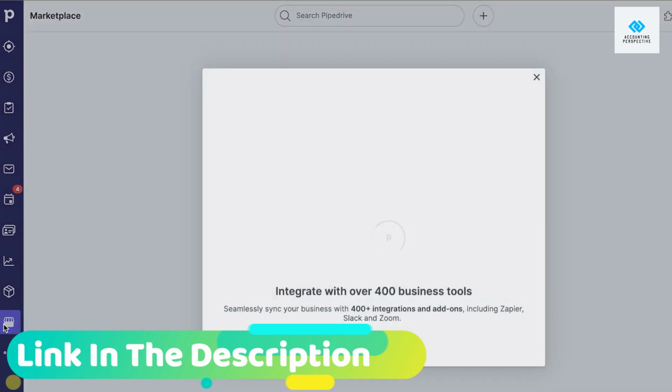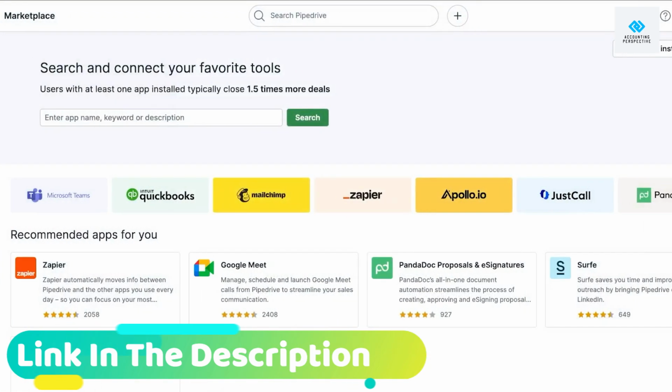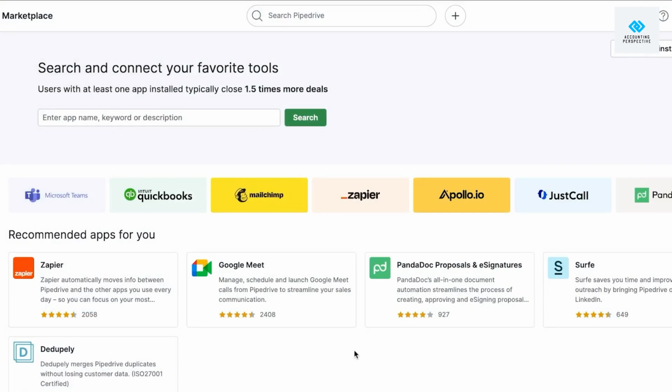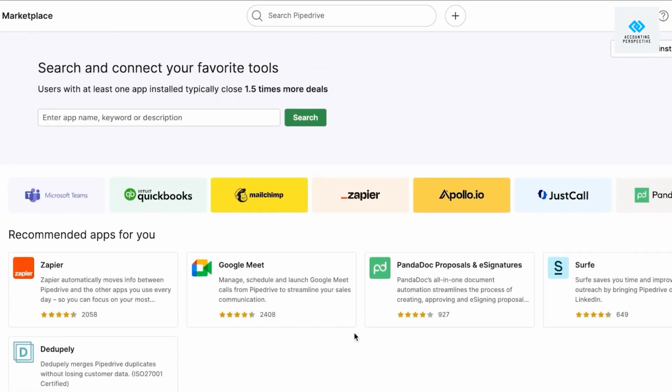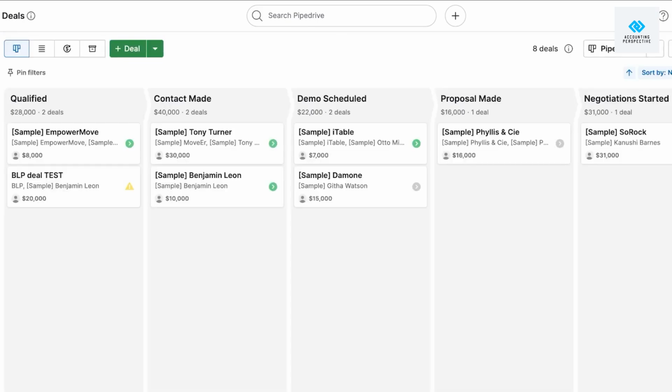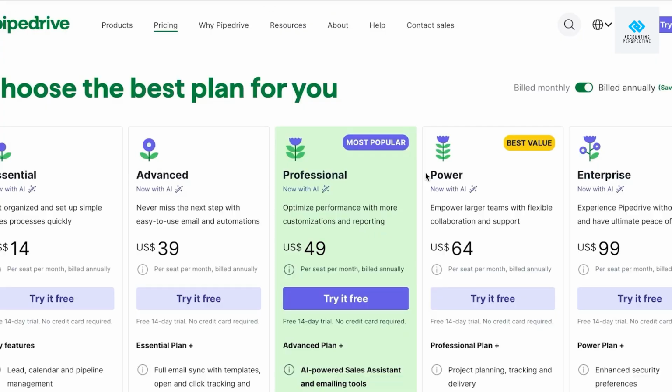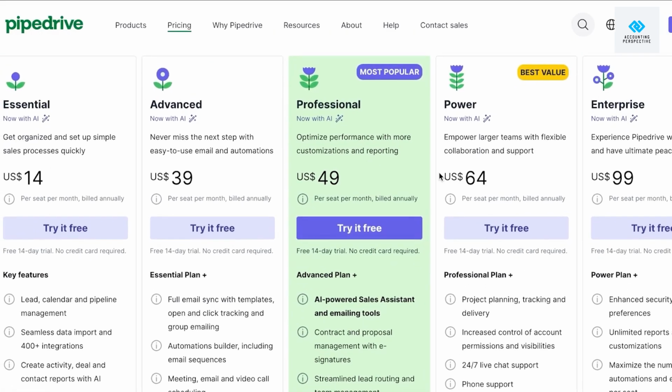And then at the last, we have the marketplace on Pipedrive that allows you to add more than 400 applications to your Pipedrive, whether it's email marketing platforms, meeting platforms, Slack, project management, or Facebook Marketplace. Anything you want to add, you can add it right here to your Pipedrive. This way you will have an all-in-one platform to do all of your work, to deal with your business, to manage your tasks and more. You can go ahead and check out pipedrive.com right now, and you can check out all the features that I just showed you. So at the end, let me show you the pricing plan for Pipedrive